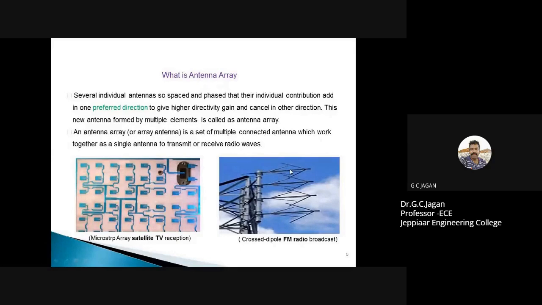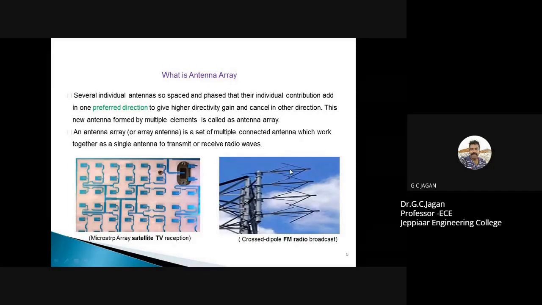So the directivity and the gain can be increased by combining multiple elements rather than using a single dipole antenna. So in the preferred direction, we can achieve high directivity and gain,